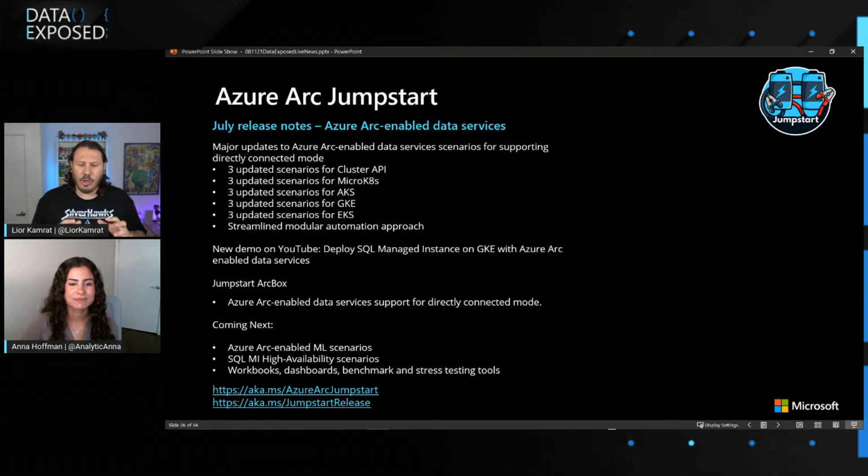And the last thing, the Jumpstart is not designed to be your go-to for production deployments. But having said that, we're trying to bring what I like to call a POC production-like experience, right? And as part of it, we want to make sure that people will have the right workbooks, the benchmark tools, the stress testing, the dashboards that honestly, a lot of the times are missed when it comes to POCs, right? Because sometimes those operational aspects are something that people tend to skip because they